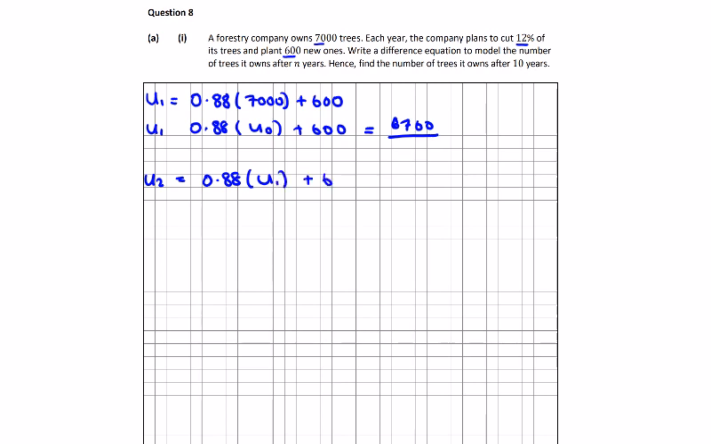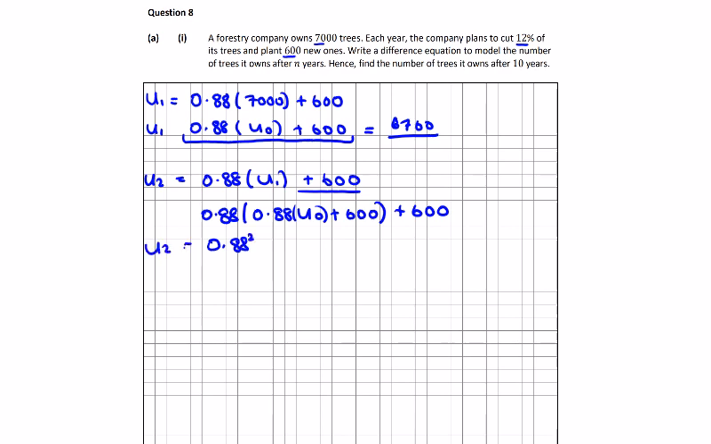and then plus 600. And U1 is this expression here. So to keep it all in the same terms, we're going to have 0.88 times 0.88 of U0 plus 600, and then this plus 600 is outside. So we have 0.88 squared times U0 plus 0.88 times 600 plus 600, and this repetition will keep on going, so we can separate it into 0.88 squared U0